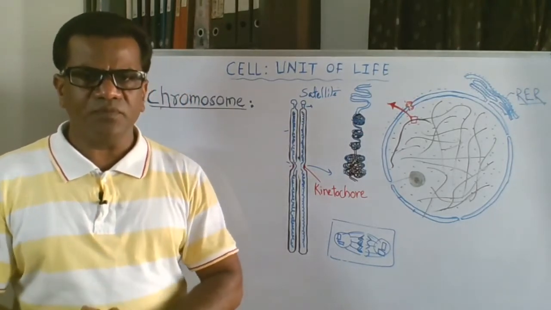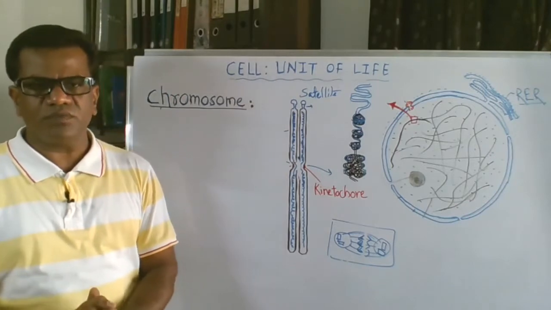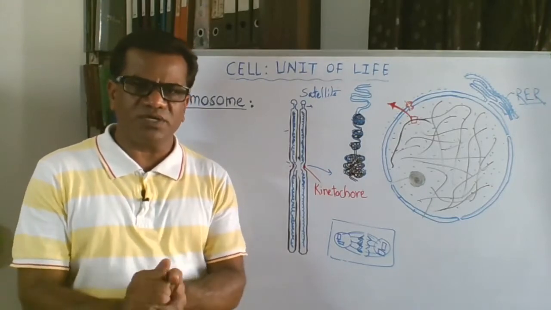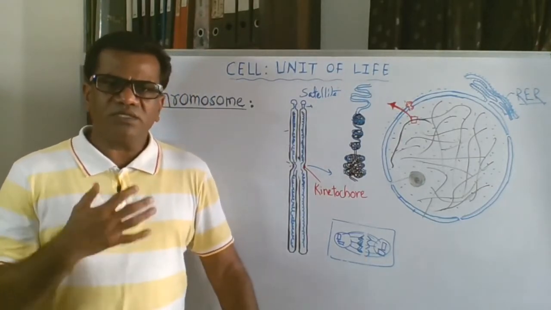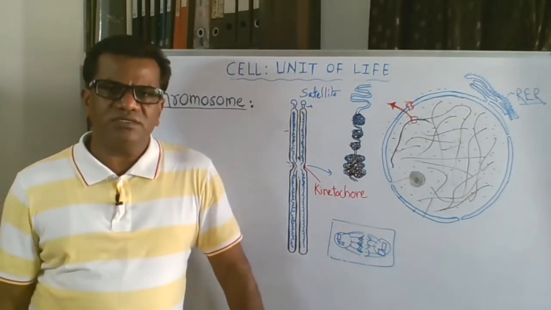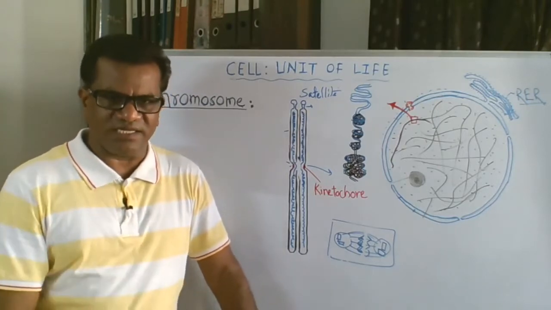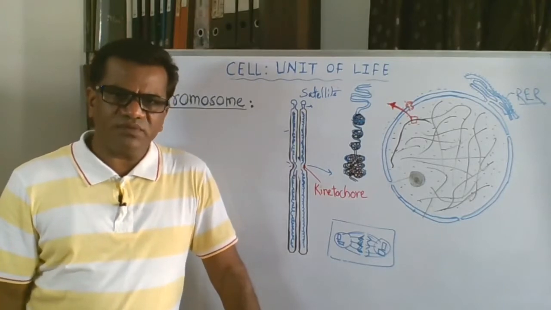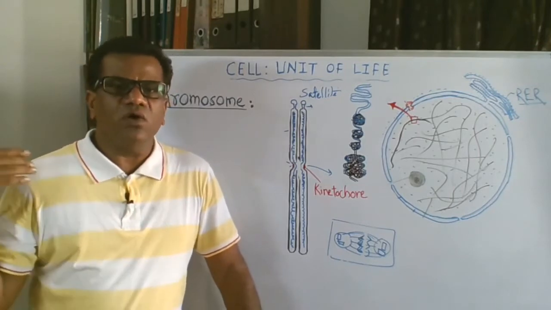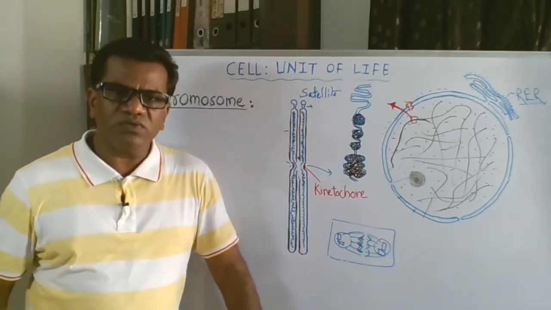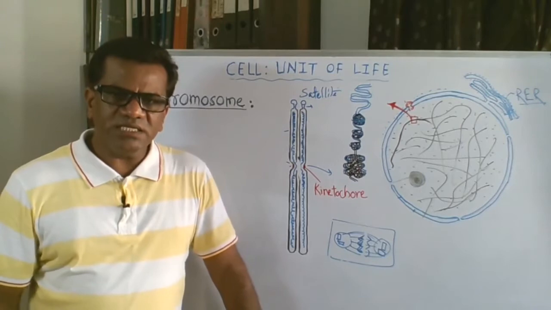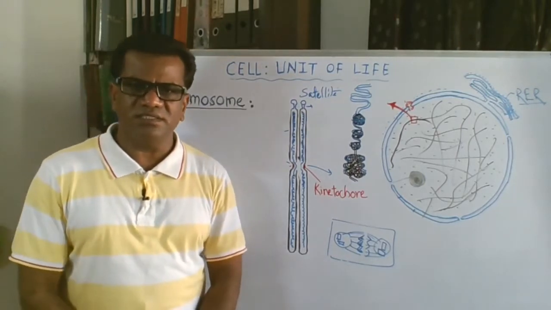Now lastly, what is the importance of these chromosomes? Chromosomes are highly important because they are the carriers of genes, and genes are the most important thing for us, because what we are, how we are, why we are, all these questions are answered by the genes. Genes decide what we are, and many times we look like our forefathers, like our father or mother or grandfather or grandmother, because we have some genes which are donated by them. In this way, these chromosomes decide the genes.